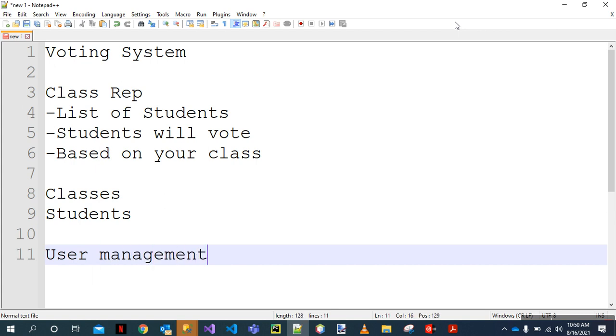So there must be user management inside. In the corporate world, this information is not really given. That's why I'm saying this is a full stack development program. So when you're meeting a client, what they will say is, I just want a system that people can vote on. All of this is dissected based on our knowledge, right? It doesn't just pop up. You don't ask a client these questions. You only go back with feedback to say, based on what you told me, this is what I've picked up,